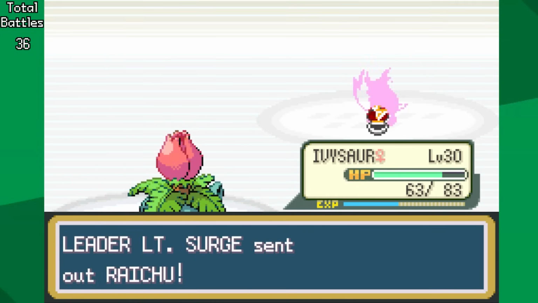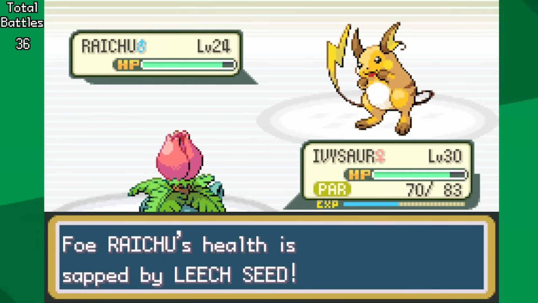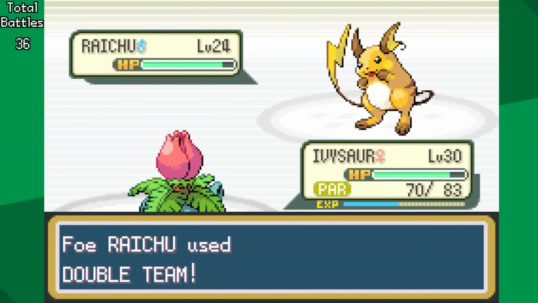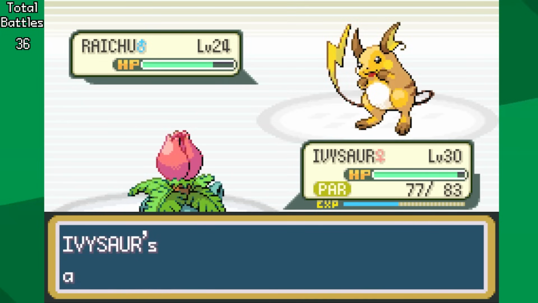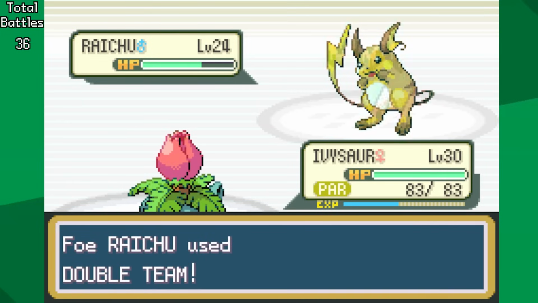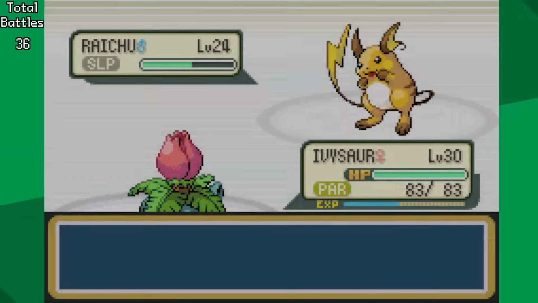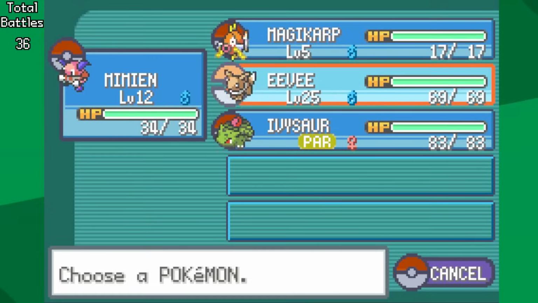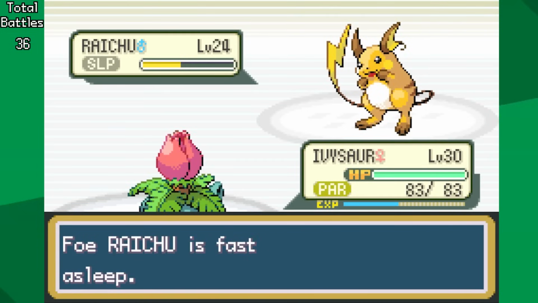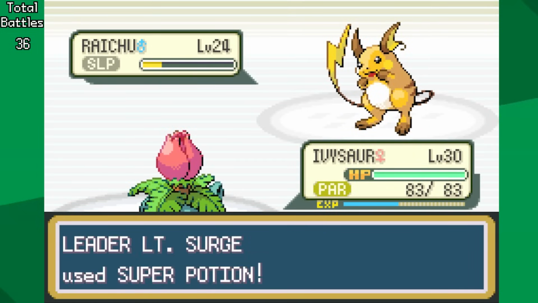Raichu, ideally what will happen is I'm going to try to go for Leech Seed and weaken it. See, ideally, we actually have Ivysaur faint and get Mr. Mime to gain the total number of experience points, but that's not looking super likely right now. I'm going to swap Mr. Mime in and just swap in Ivysaur. This way I gain experience points, but yeah, it would be nice, but it just seems really difficult to get